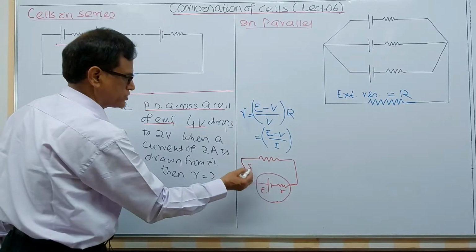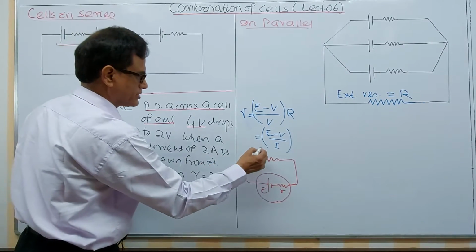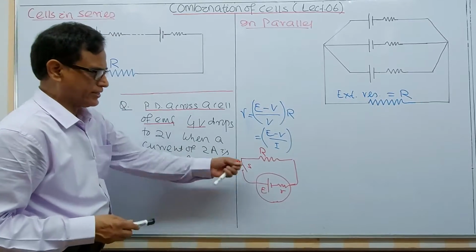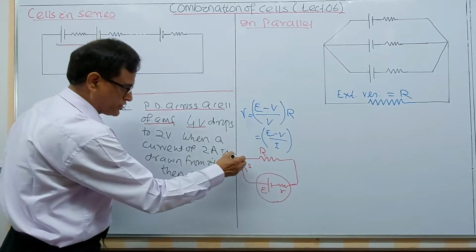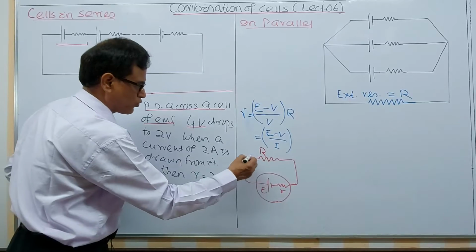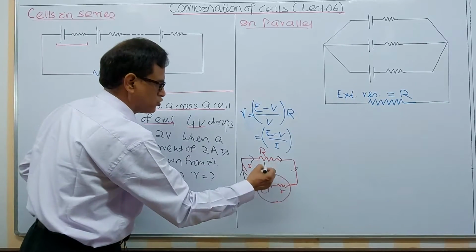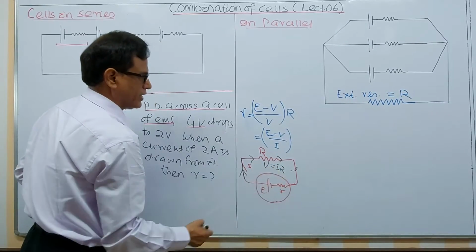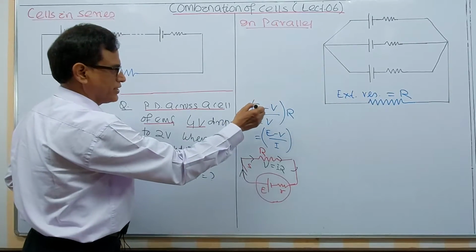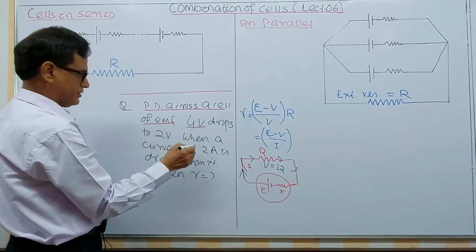Here is a switch. Now it is open, the resistance is connected. I think there will be no current in the circuit. Now once you close this one, the current starts flowing. So voltage across this is IR.